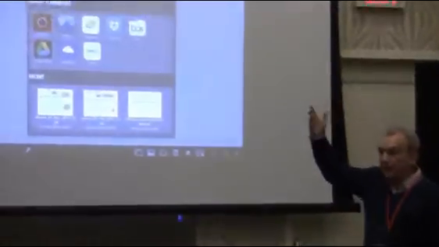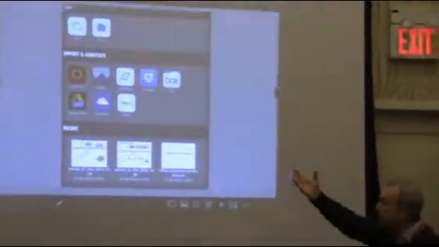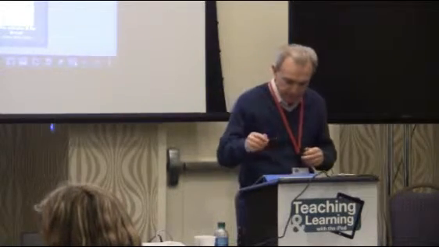This is the app, as it launches. The first screen is a welcome screen that asks, what do you want to do? It talks about: I want to create a new one, I want to open an existing file, or maybe I want to import a web page, or import the documents that I want to annotate. And these are the most recent files you worked on. Those are the most recent files I was working on as I was preparing for the session. So I'm going to do the new one here.